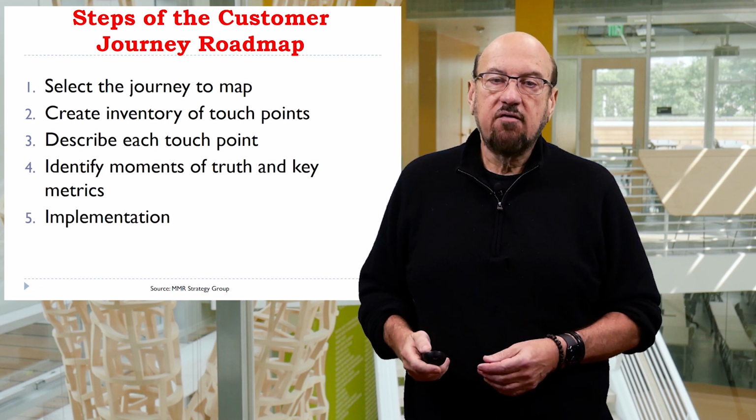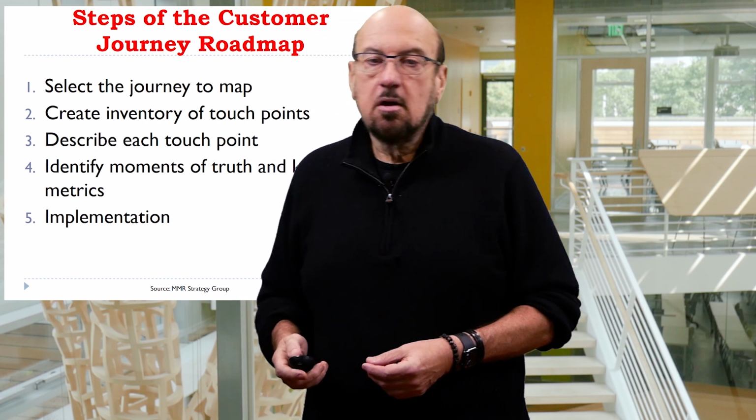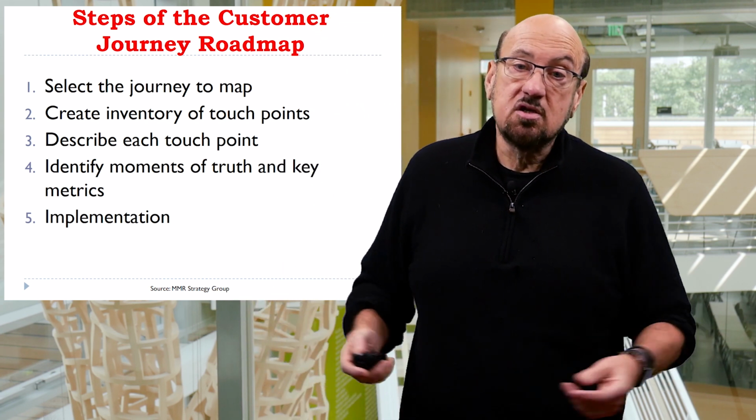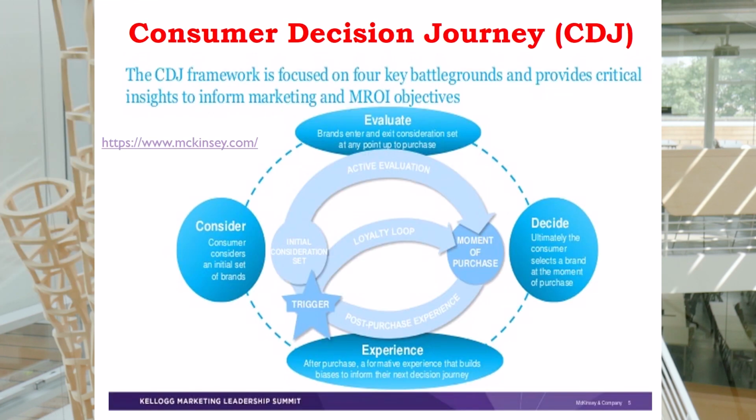So this model was developed by McKinsey, which is probably the world's best known marketing strategy, really business strategy, consulting company, and is one that I'll share with you. With this consumer decision journey model, what you see is a recursive or loop model. So it's basically a self-reinforcing model. And of the main stages, what you have in front of you has 4 main stages.